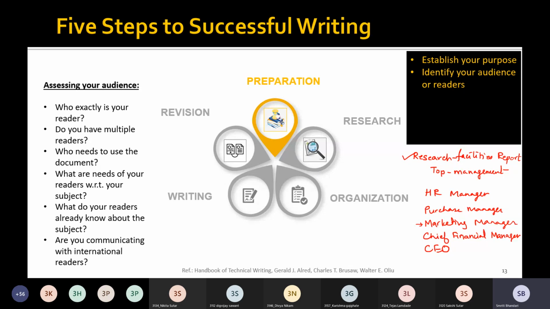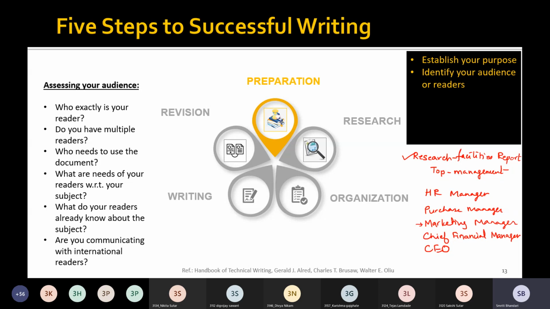What about the chief financial manager? The chief financial manager would always want to know about, say, land and building cost and other expenses that might be incurred whenever a particular location is selected.